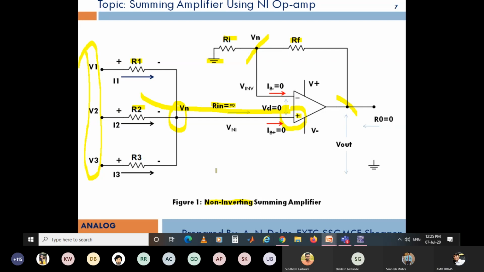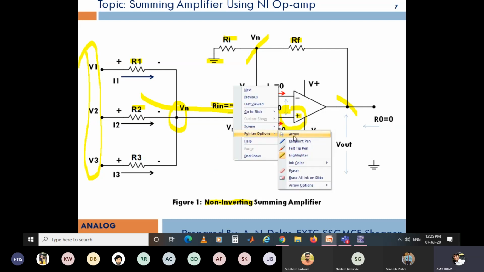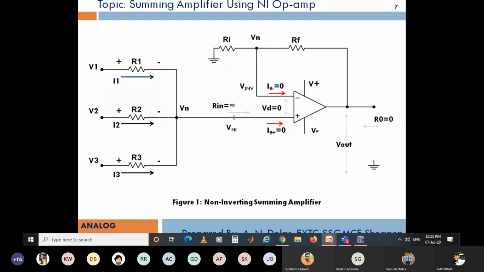Now, the analysis of this circuit, again, as I mentioned, whenever you analyze a certain op amp circuit, you have to think of ideal characteristics. So I use all ideal characteristics: no current passes into the op amp as the input impedance is infinite, and the differential voltage is equal to 0, which is nothing but non-inverting voltage minus inverting voltage. So of course, to get differential voltage equal to 0, non-inverting voltage and inverting voltage must be the same.